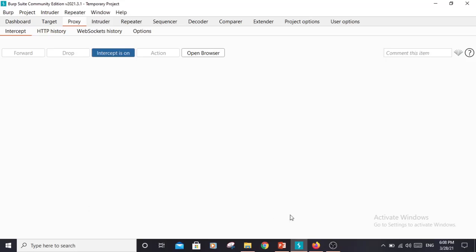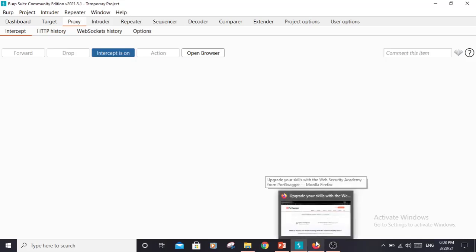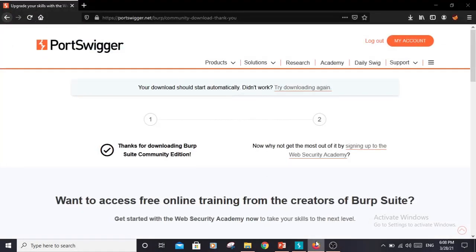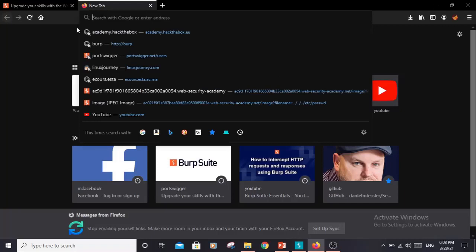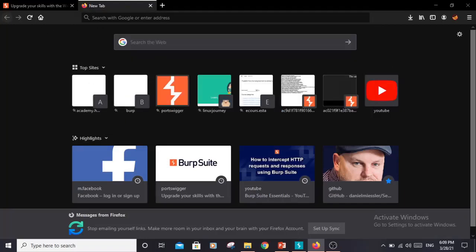Alright, so first you need to configure the web browser that you are using to use Burp Suite as a proxy, and I found that Firefox is a lot easier to configure, unlike other browsers where you need to download additional extensions. For example, if you are using Google Chrome, then you need to download an extension called FoxyProxy. But if you are using Firefox, you just need to go to